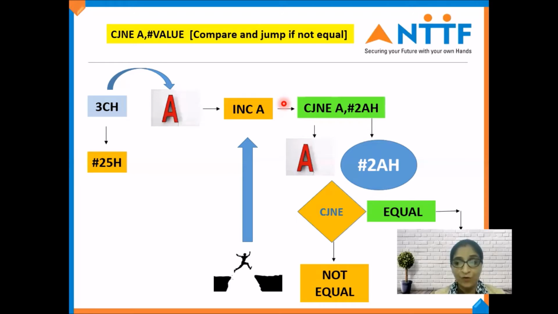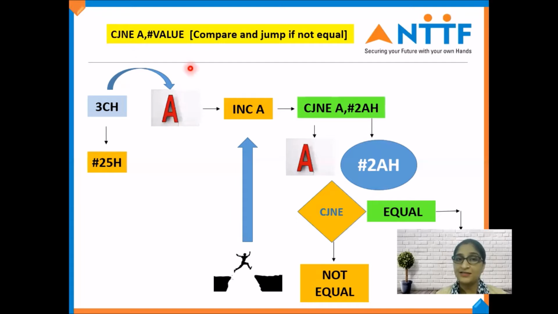So here we have the option yes or no. So we are going to use a loop by using the jump instruction CJNE. It's very important, guys. CJNE. It's compare and jump if not equal.